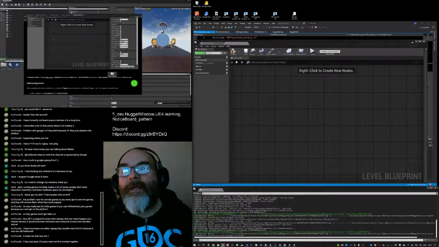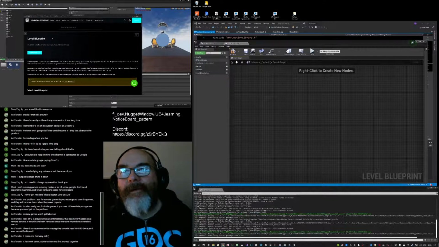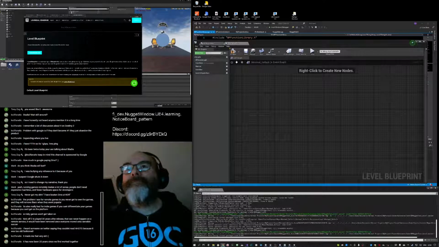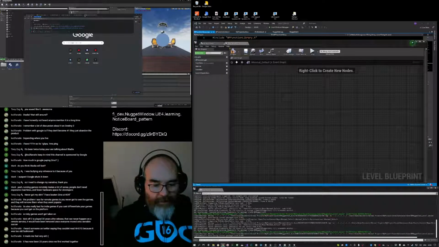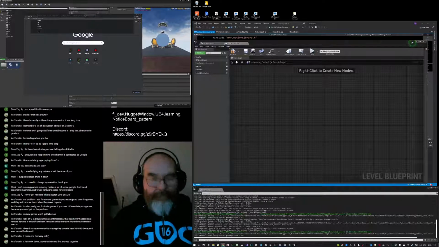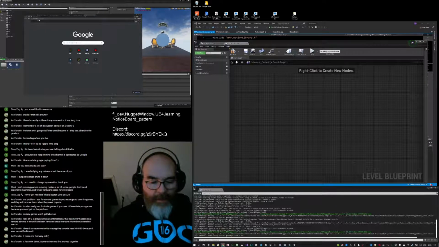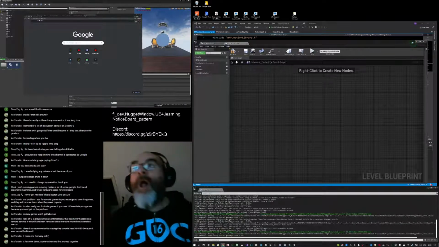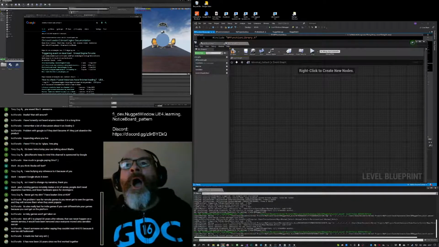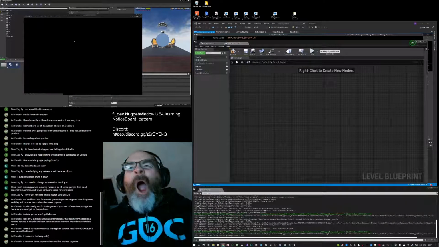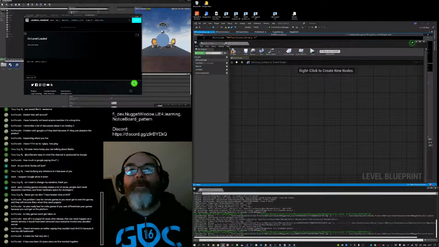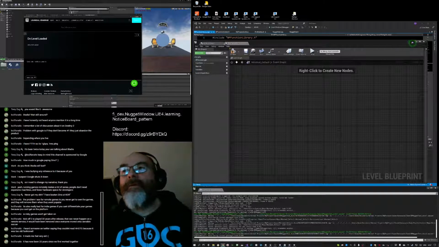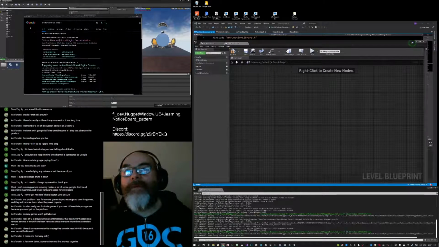I want to... on level loaded. Great documentation.